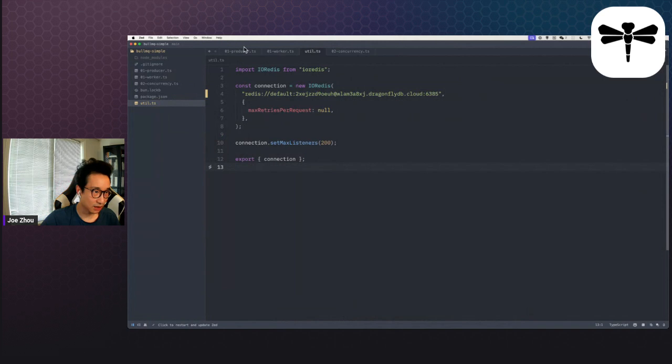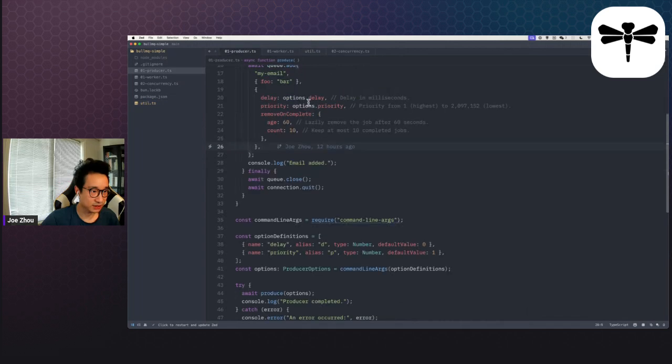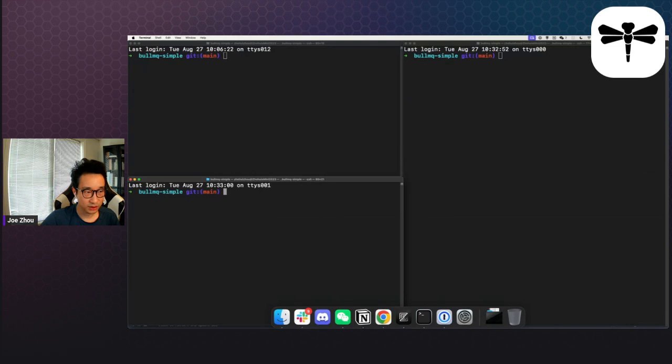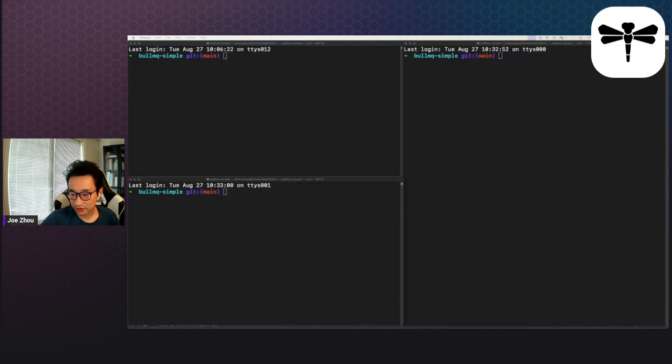Cool. So with the code in mind, let me switch to my terminal to run the commands, right? So we have this producer we just saw and this worker over here, right? So what I'm going to do right now is, on the top left terminal, I'm going to run the worker and just let it run there, right? And then I can start to produce jobs to that queue, and the worker should be able to process that